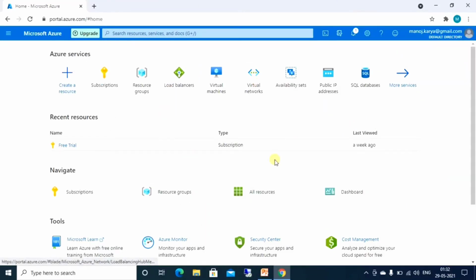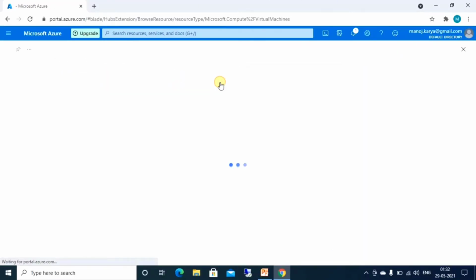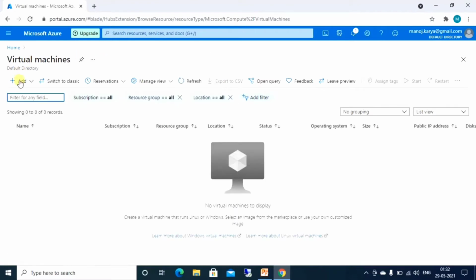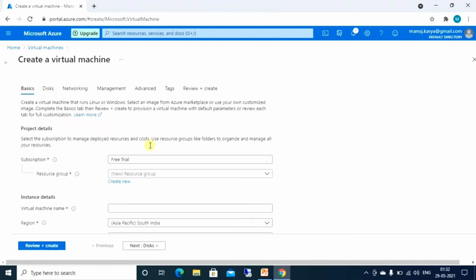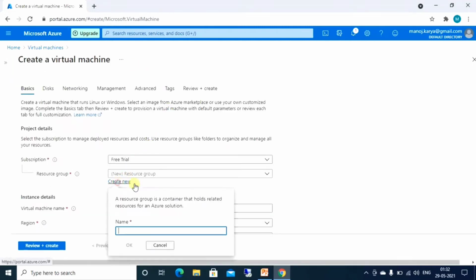So we are on the Azure portal. Let me go to the virtual machine. Click on Add. I'll create a Windows virtual machine. Let's create the resource group. We can give any name.